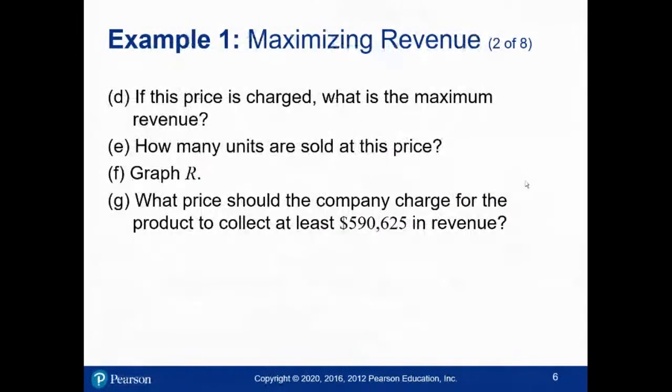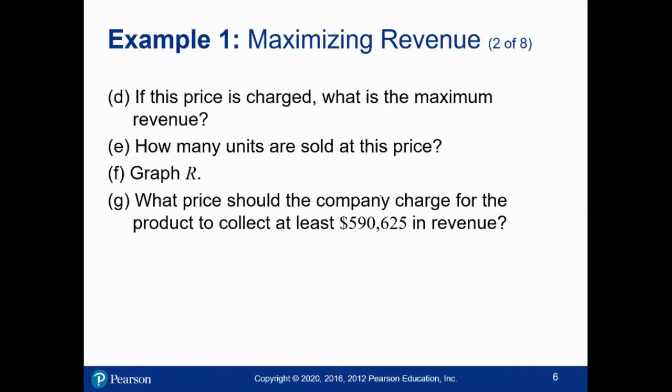Okay, otherwise we're going to keep going. So there's other questions to ask. Once we determine what price should be charged to make the maximum revenue, what is the maximum revenue? How many do you sell at that price? Can you graph the revenue function? And then ask what prices will give me at least